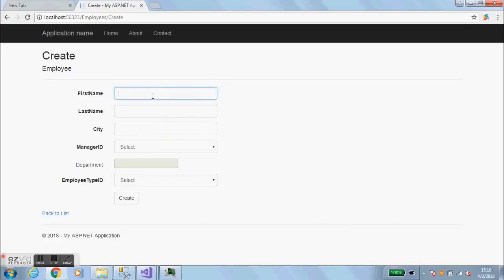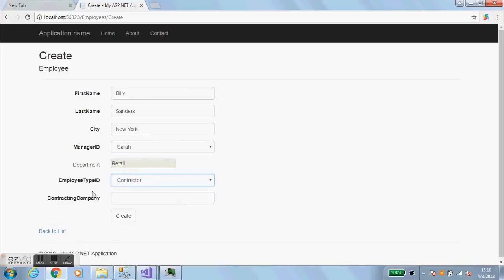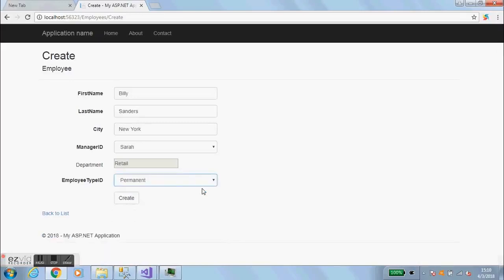Let's call this one Billy Sanders, say he's from New York, and let's select. Now see here, it actually created a drop down list for you, so you can select different managers. Here you will see the value in department will change depending on the manager you selected. So let's say we choose Sarah and she's in retail department, as you can see, and the employee type here we need to select as a permanent or contractor. So if you select contractor, you will see contracting company now becomes visible. It becomes invisible, it hides it, if you select